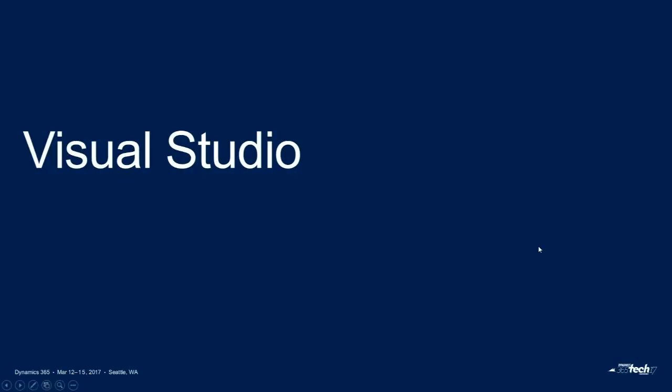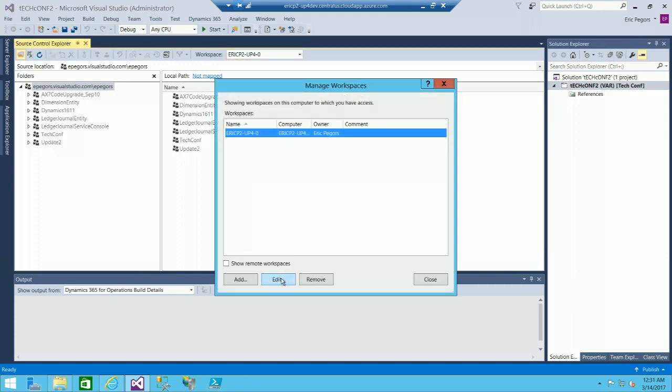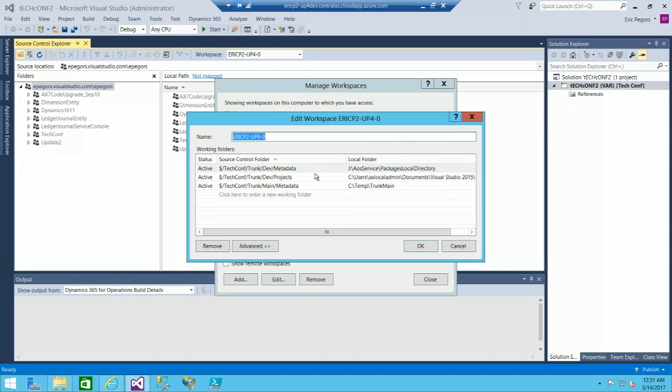So let me go back to my here now. So we talked about VSTS a little bit now. So I already mapped it to save time, but the mapping looks like this. The metadata folder goes to the packages folder. So I have tech conference, project, trunk, dev, metadata. And then I do have main mapped, but I just have it mapped to the temp folder because for merging,